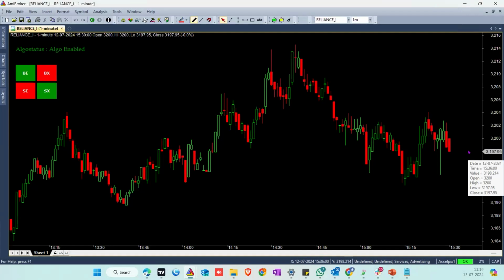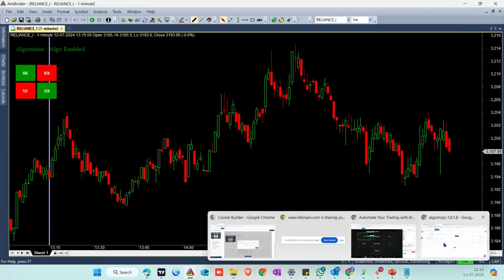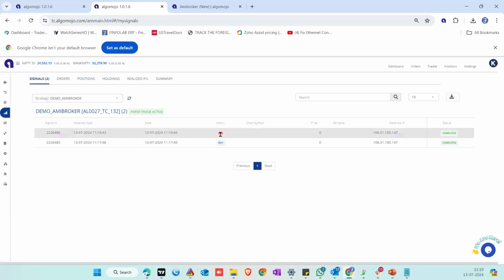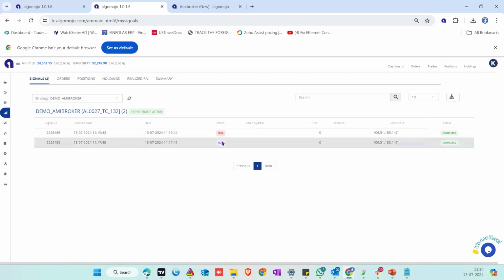However, I would like to close this order and take a reverse entry because I feel that Reliance might go down from this level. So all I need to do is go and say buy exit. Now, since the rule that I have used in my strategy is stop and reverse, whenever a sell is given, it will exit the long trade and take the short trade. You can see here